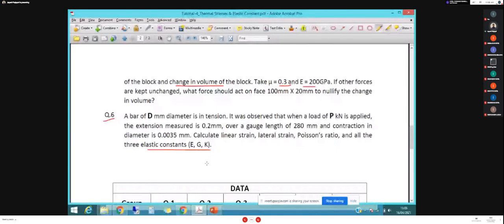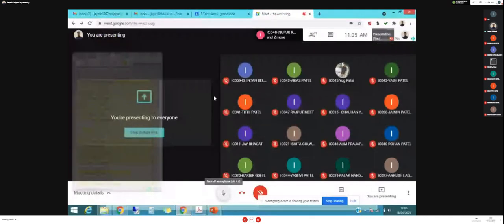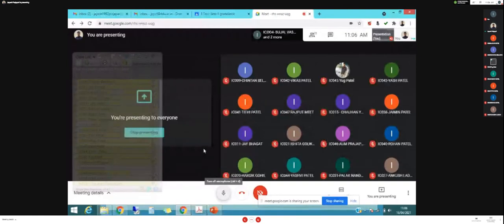Okay, so anyone, any confusion regarding all these examples, 1 to 5? Yes, anyone? No, sir. So if any doubt, then you can also write in Google Classroom later on. Okay, so this laboratory we are concluded here. Next time we are starting with the next tutorial, that might be shear stresses.